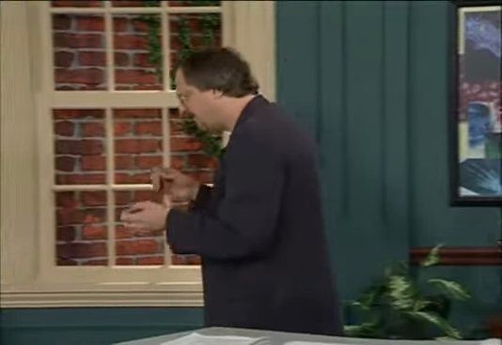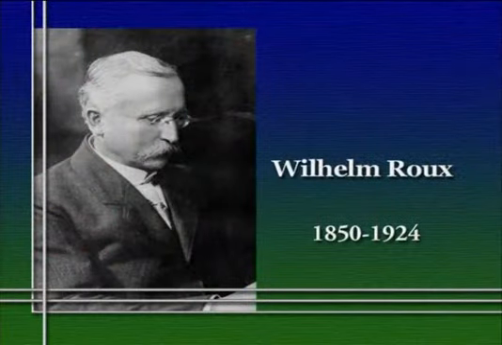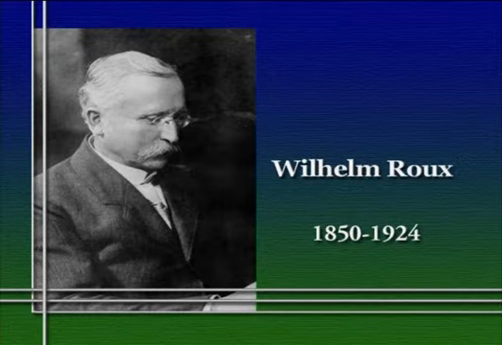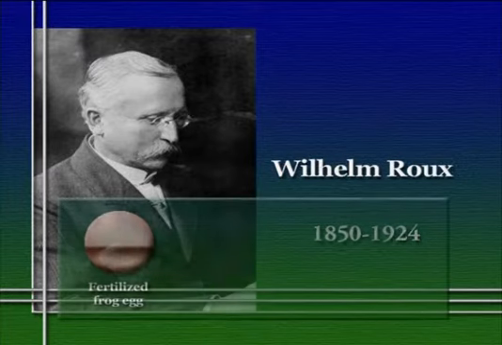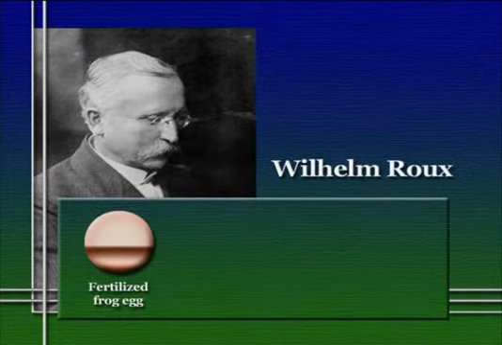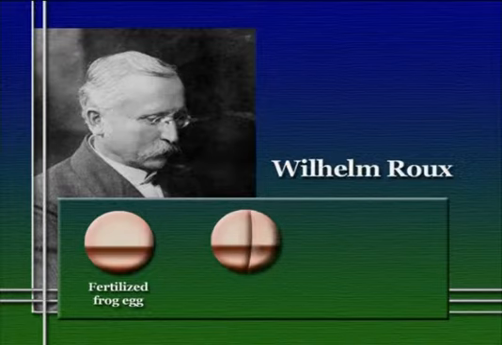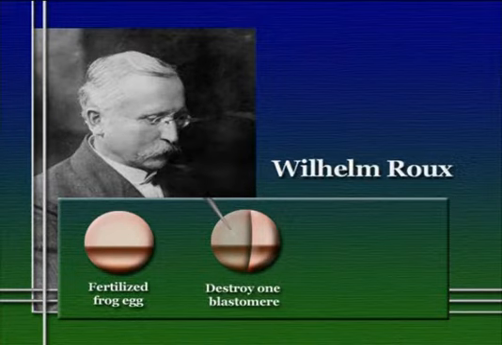Now, just a few years after Weismann published his germ plasm theory, which was in 1883, another German biologist, Wilhelm Roux, conducted an experiment that seemed to support the idea. This is really a clever experiment, so I want to describe it for you. Roux took fertilized frog eggs, and he allowed them to go through just their first division of cleavage, so just to the two-cell stage. Then he would take a very small hot needle, and under the microscope, poke one of those cells and kill it.